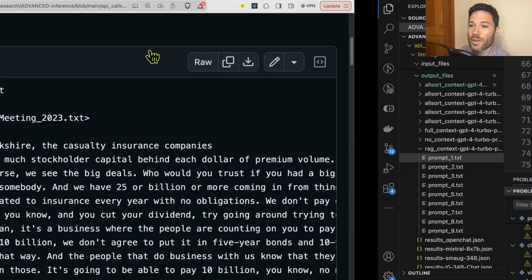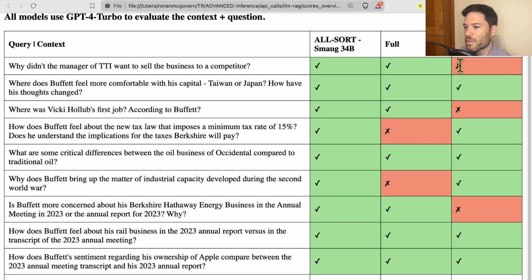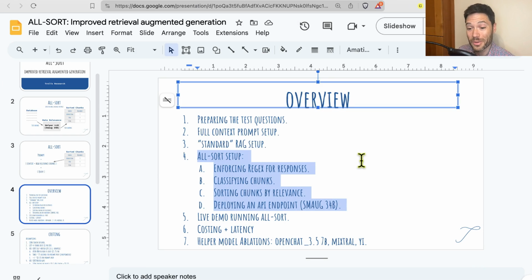If you go back and look at our table, you'll see that RAG is unsuccessful, whereas when we feed in the full context, the answer is correct. And also the all sort method picks out the right snippet, as we can take a look at later on. Next up, we're ready to take a look at how the all sort algorithm was built, starting off with this